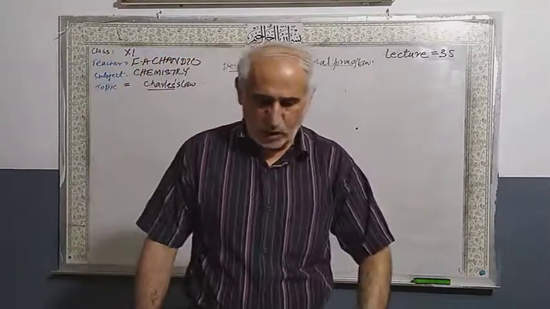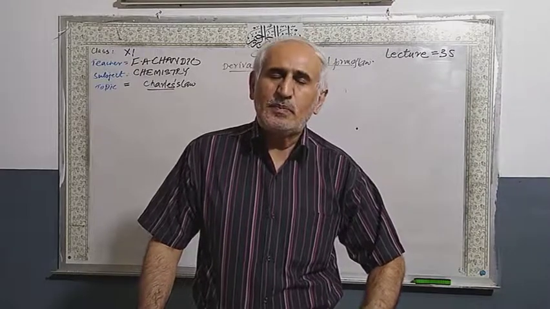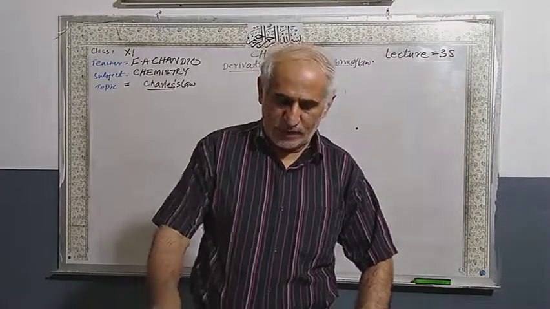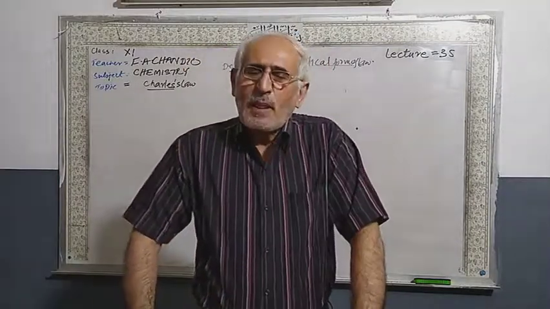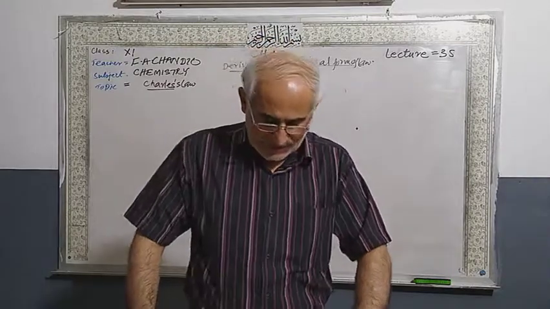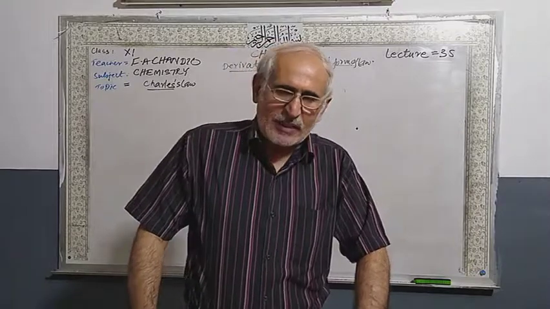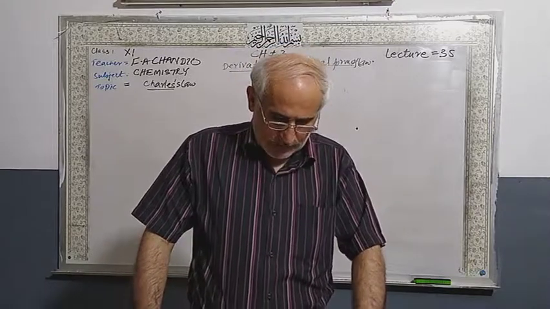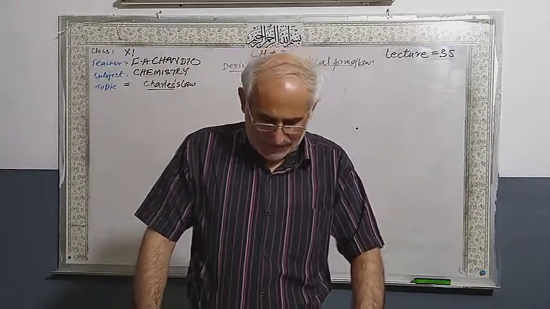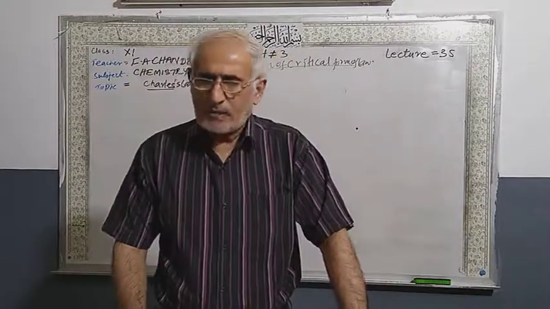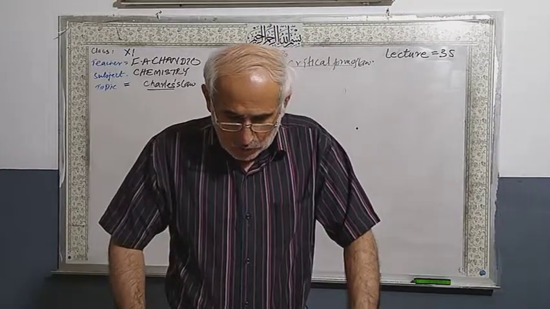In the previous lecture, I told you about Boyle's law and Charles law and explained the critical definition of Charles law. At a constant pressure, the volume of a given mass of gas is increased or decreased by 1/273 times of its original volume at 0 degrees Celsius for every 1 degree rise or fall in temperature respectively. This is called the critical form of the Charles law.